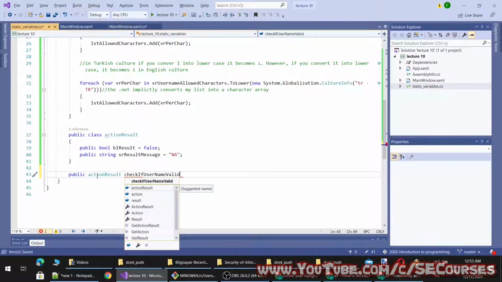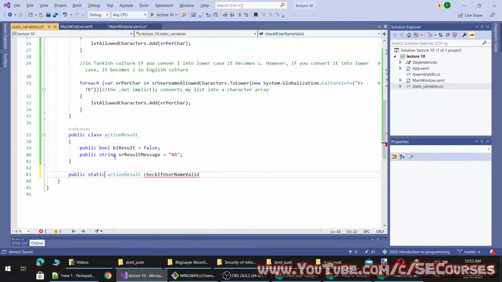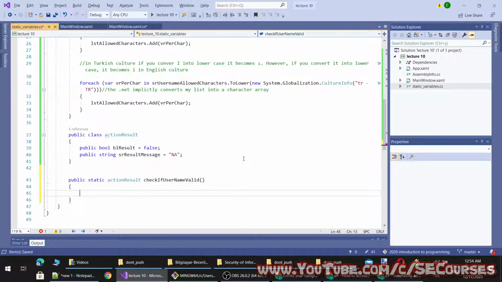Okay, and this method will be static, and therefore I don't have to initialize it. And it says, you see, not all code paths return a value. So I define an object of my custom class type.